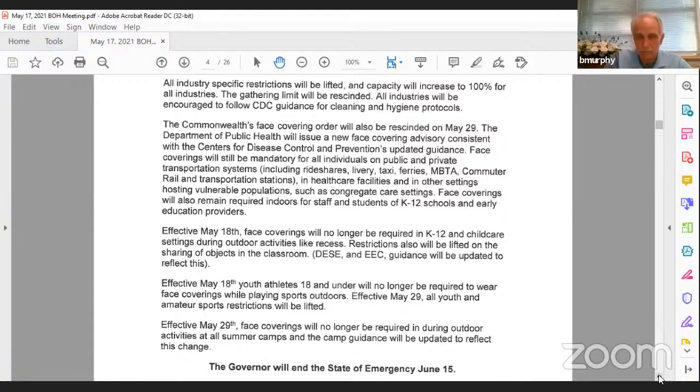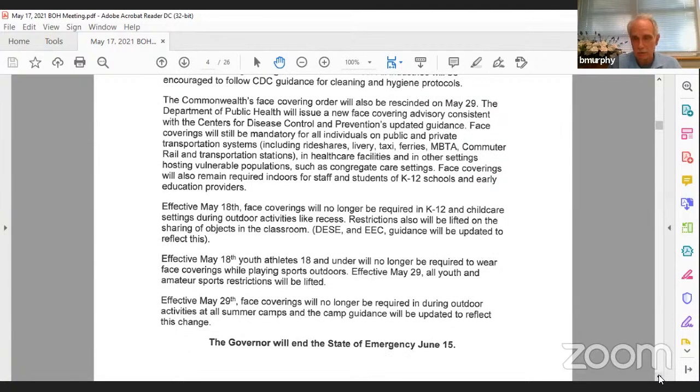That's correct. People that still have health concerns, or there's still a percent of people that have not been vaccinated. So I'm sure people that have health concerns still should probably consider taking precautions. So, that's something that we'll follow closely. As we go to the next couple slides, go ahead.